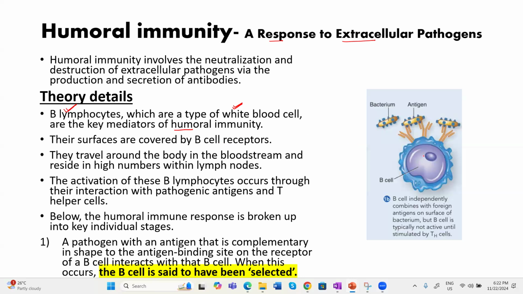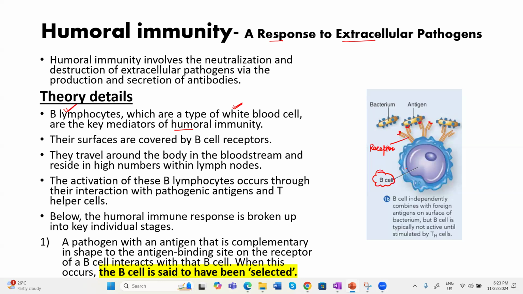Now, B cells, if you check this diagram, please check it. On the B cell surface, these receptors are present. And the B cell surface receptors are similar to the antibody in the diagram. And they have this antigen binding site. You can see these are the antigen binding sites. Clear, beta? So these receptors have an antigen binding site. With the help of this, they are able to bind with the antigen which is complementary to their binding site.